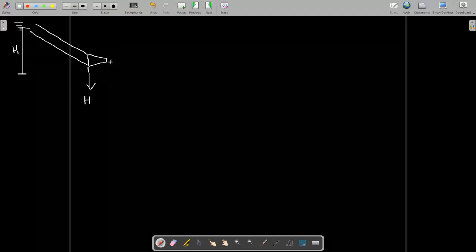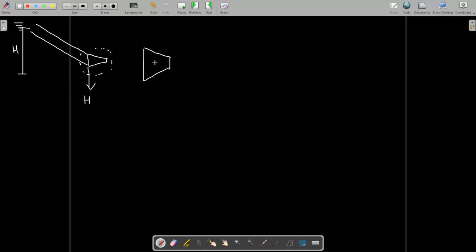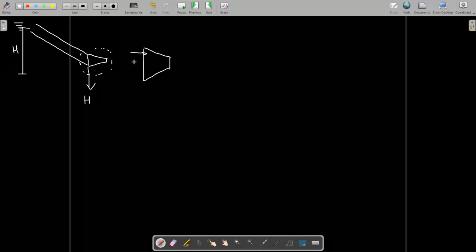Then here I'm enlarging this nozzle like this. As the water flows, its velocity will increase, but on this lateral surface there will be some frictional losses. So the total head, in terms of pressure head, is not fully converted into velocity head. There will be some loss.